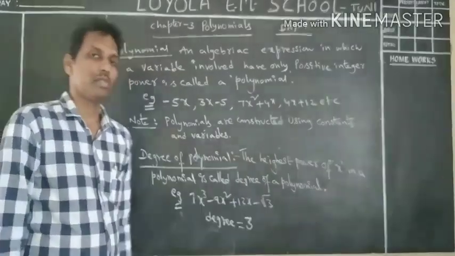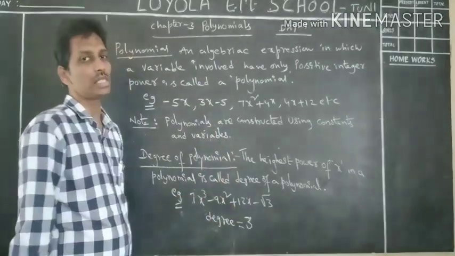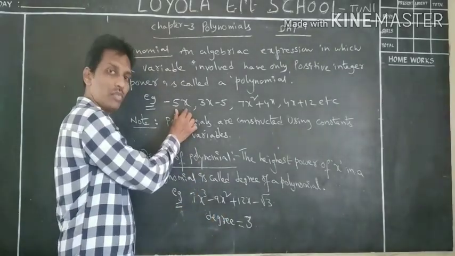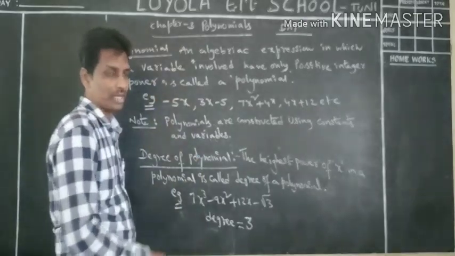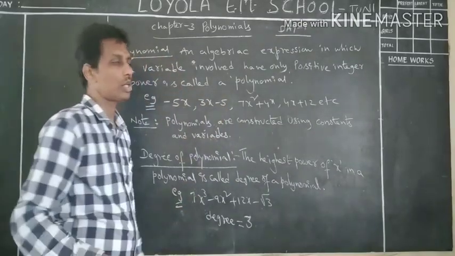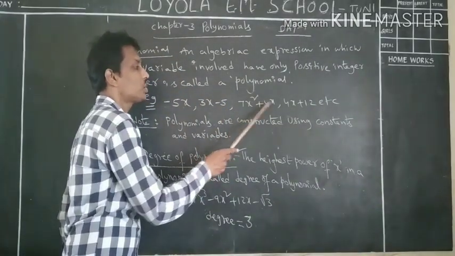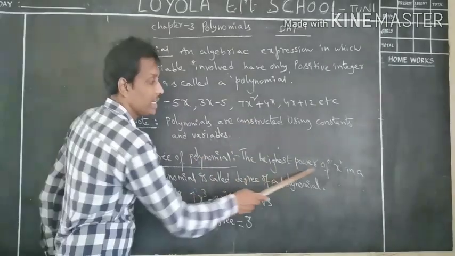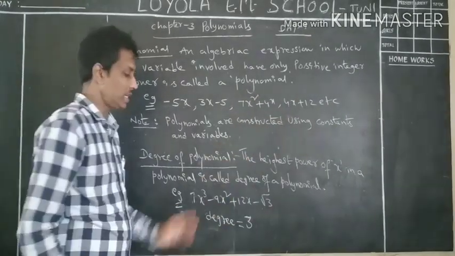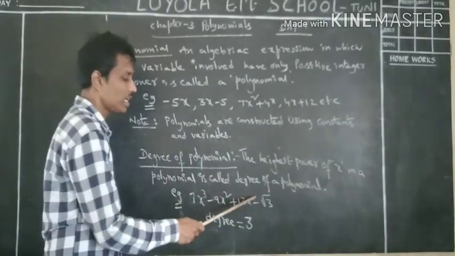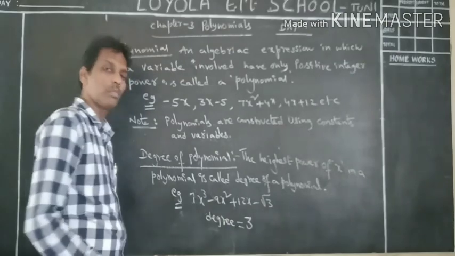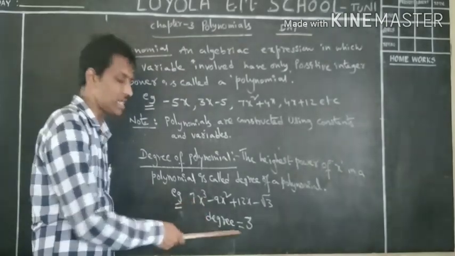If you go through all the powers, before writing the degree of this polynomial, let us go through the above examples. This is a polynomial of degree 1 because it is a linear polynomial. Here the degree is 1 because the power is 1 only. Here also the power is 1 only. If you observe here the degree is 2, here the degree is 1. So we consider the highest power of x. The highest power is 2. So that's why here the degree is 2 and here the degree is 1. In the same way, here 3, 2, here 1. This is a constant polynomial. Anyway, the highest power of x in the given example is 3. So we consider the degree to be 3.